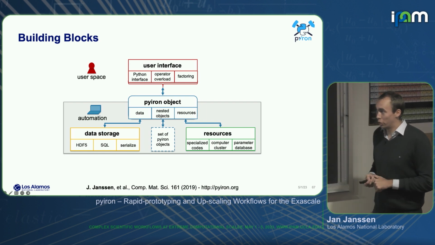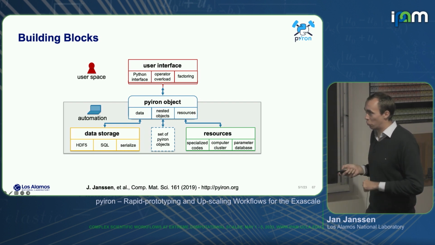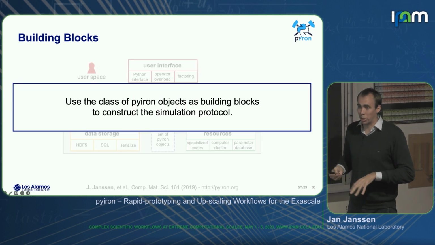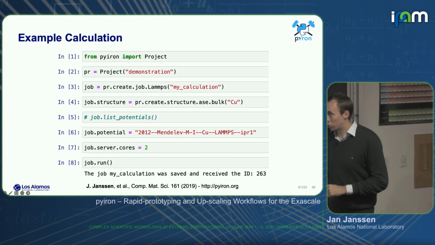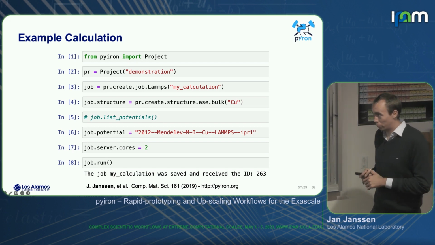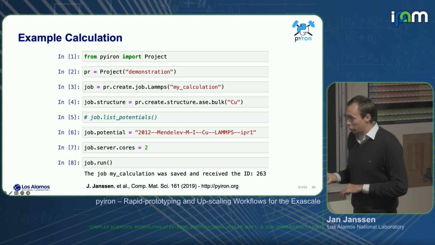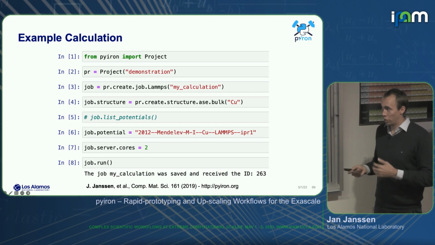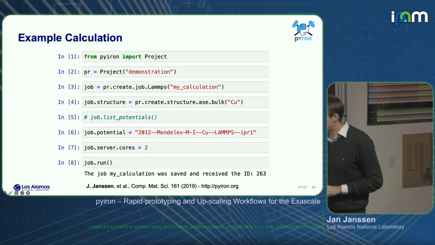Finally, for the user, we use the Python programming language and use some kind of operator overloading and the factory pattern. I will show more about the user interface on the following slides. So the pyiron classes, the general part, they are really just building blocks to construct complex simulation protocols. Now jumping into it, for the following slides I will really try to show a bit of code, and you can try this out. If you go to pyiron.org, as it's listed here, we have a MyBinder environment where we can really play around with this code and reproduce the examples that I show here, or at least some of the examples.